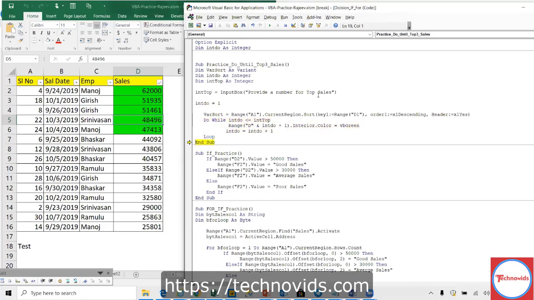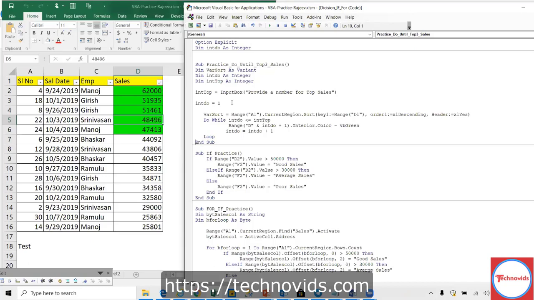All right, so it gave me 5. Like this, you can give any number now, as long as it's within this range. If you still want control, so that it shouldn't go above this, then you can check the row count. This number shouldn't be greater than the row count. Yes, and then a message would prompt. Okay, one thing: here we are using two variables, correct?